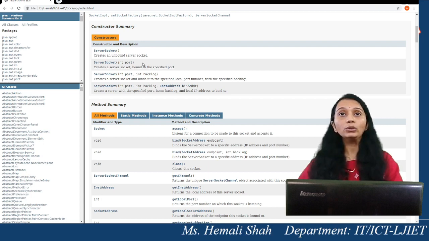For that, you have to decide the port number to execute your application. In the application, we will create the ServerSocket object, and this ServerSocket will use the single port that you have used to create this object.